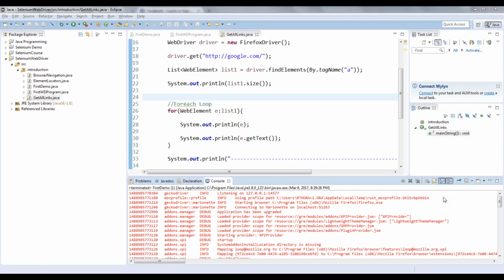Have you removed or deleted the libraries? No, I didn't do anything. Let me see this. Because I was using the old driver, till yesterday I was using 2.